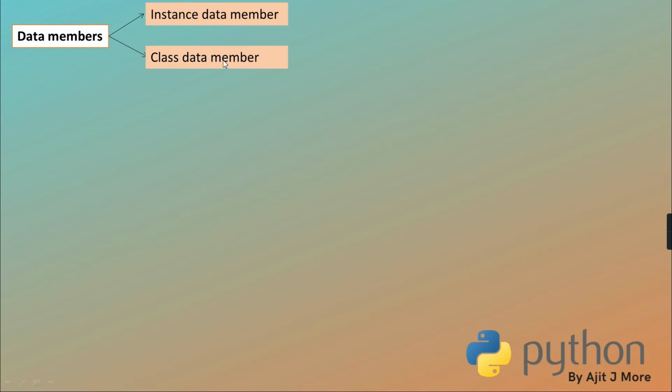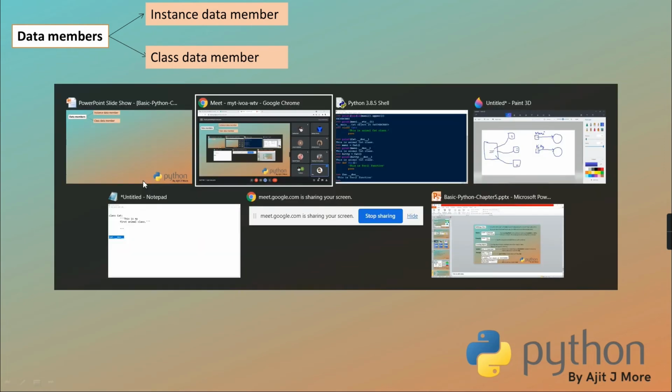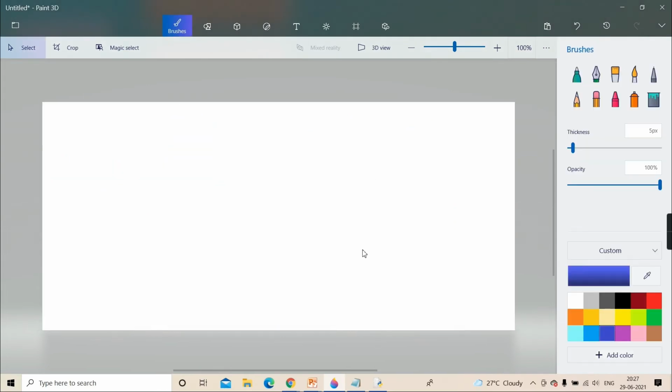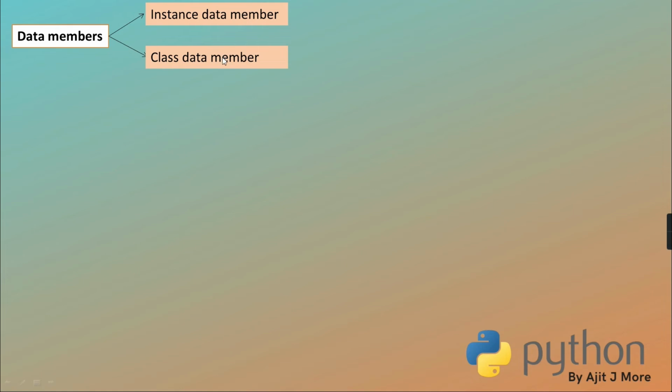Okay, now we will first differentiate it. We'll make a clear understanding between instance data and class data, and then we will move on ahead in adding this data, how to add this data in the class, all that we'll discuss. Okay, so first I'll just try to tell you what do you mean by class data. So class data means that data which is kept in class namespace.